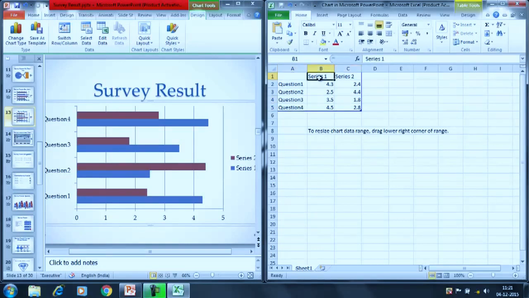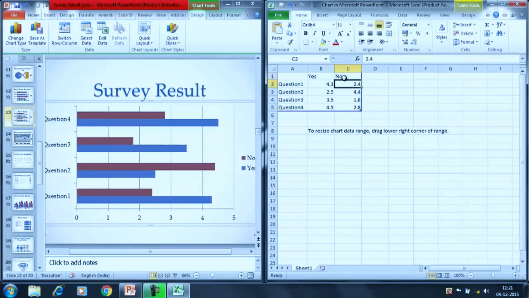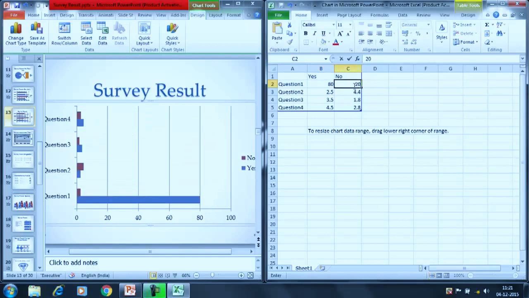Alright, now you can show the yes and no results also. Yes and no. How many of the people said yes? Suppose 80, and here we write 20. Then again 70, 30.